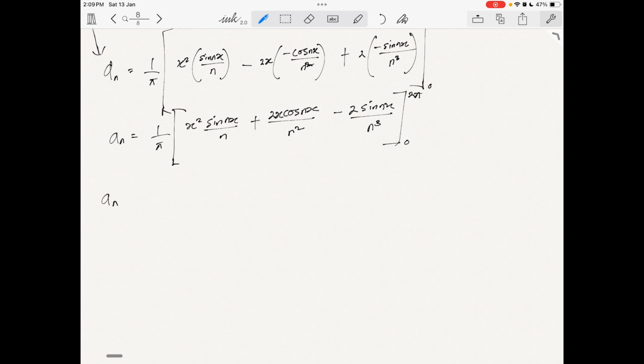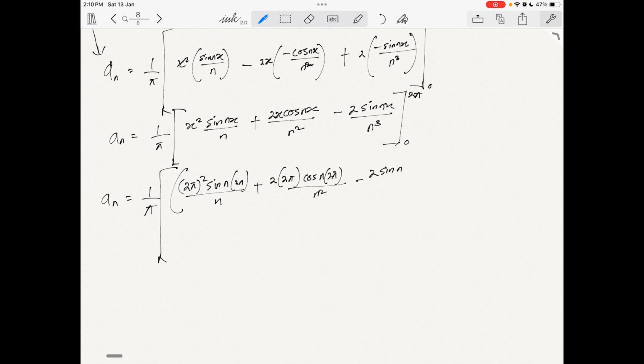So we have an equals 1 over pi. We'll deal with the upper limit first. So where we have x, we put in 2 pi. So we have 2 pi squared sin n of 2 pi over n plus 2 into 2 pi cos n of 2 pi over n squared minus 2 sin n of 2 pi over n cubed,